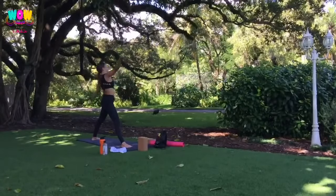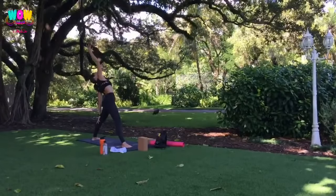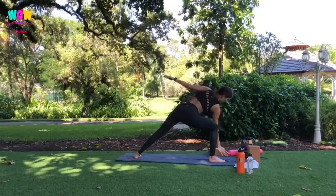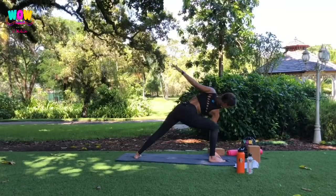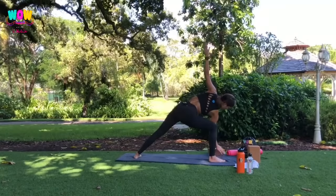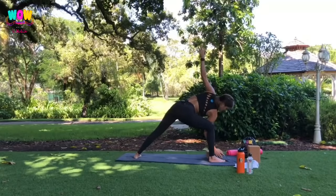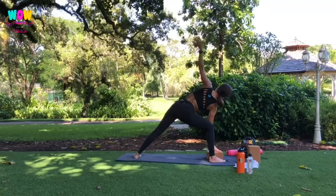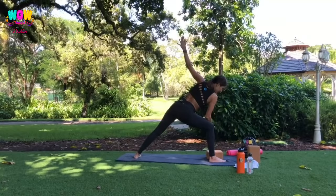And reverse your triangle. Bend your right knee, extend it to side angle, bringing the right hand inside of your right foot and reaching the left arm up. One more time here at the yoga joint, we can say this is a yogi's choice. You can stay here or you can play with any variations. If you have a bind, half bind, full bind, bird of paradise,